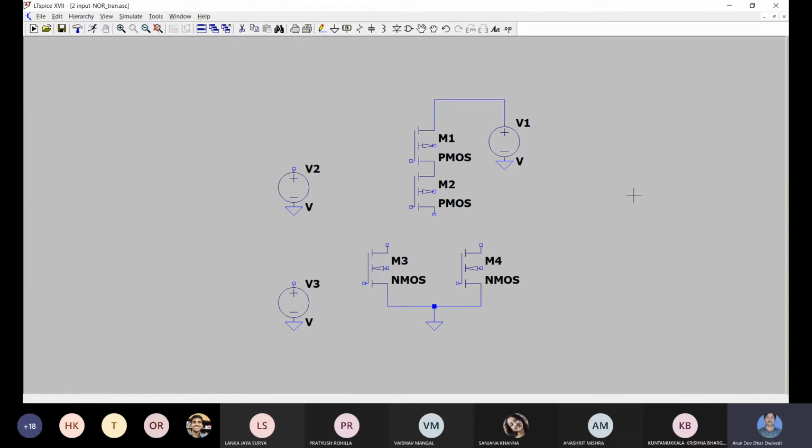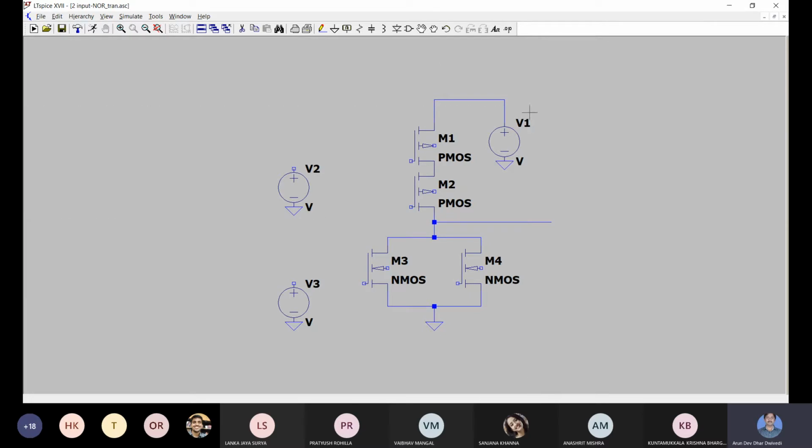Then we can connect further. We can also connect the drains of both NMOS transistors together, for the pull down network. Now the pull down network is complete. So from this pull down network, the pull up network will be connected in series, and from this middle point we can take some wire for taking output.